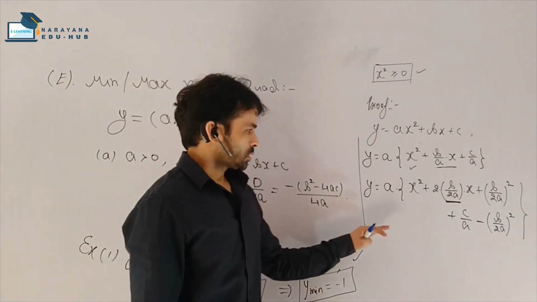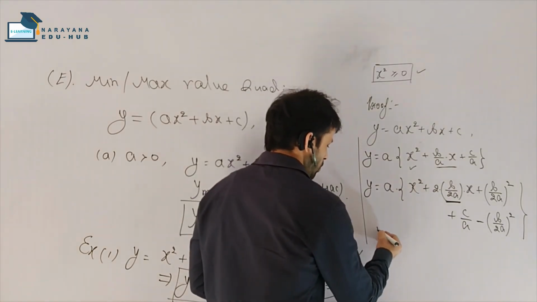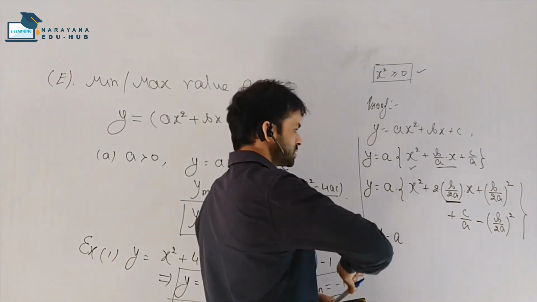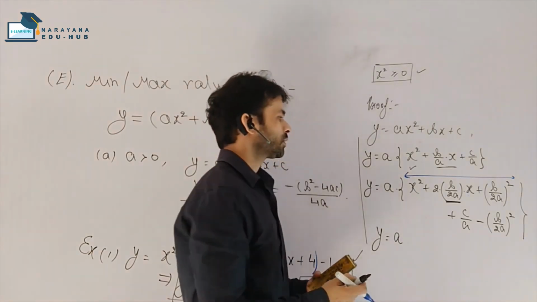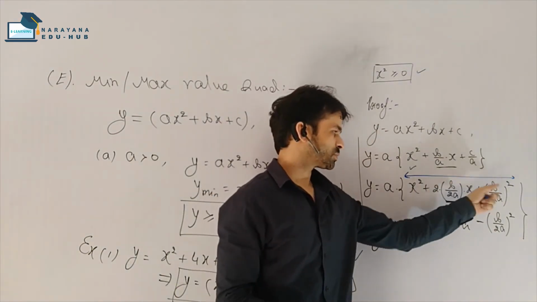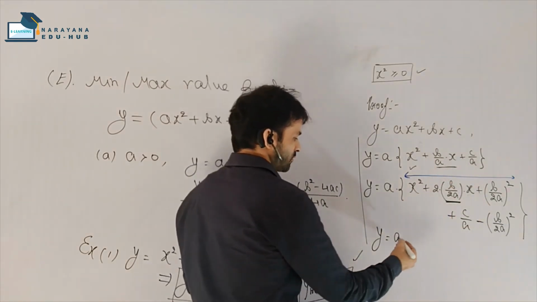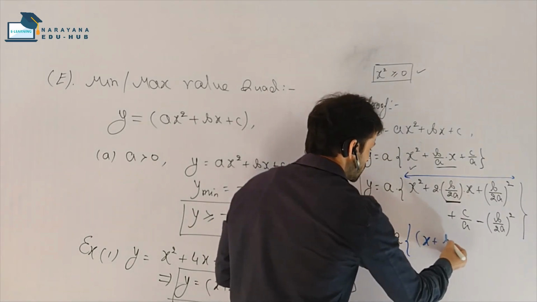This has become like this, and now you can see that from here to here it has become a complete square, like a square plus b square plus 2ab. So this I will write as x plus b by 2a